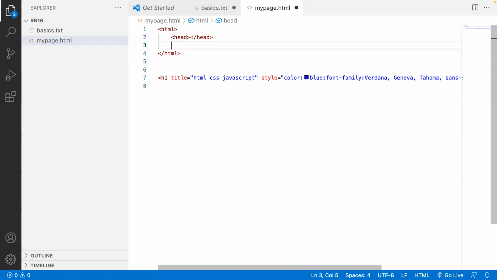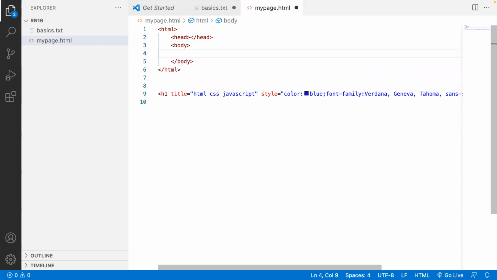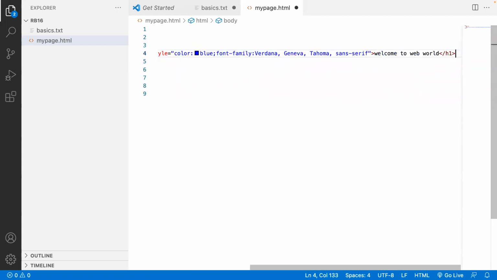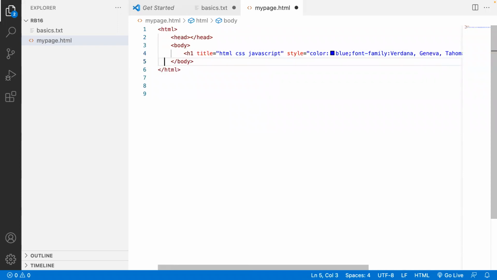Okay. One is the head section, another one is the body section. So we put all our HTML in the body section. My dear friends, I want everyone to write the code in this approach. If you open a tag, and inside the tag you are writing another tag, you should provide that indentation.